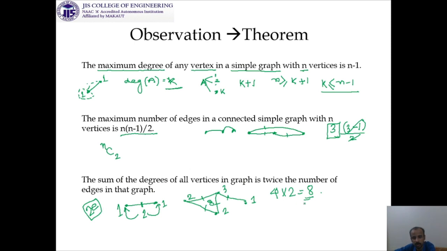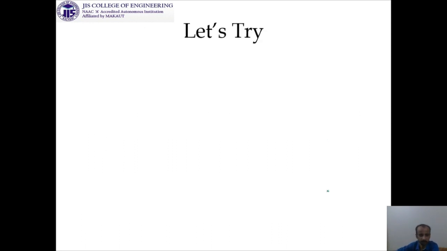Here I want to emphasize the part on self loop, because if you are talking about a self loop, look at this, it is also having 2 as its contribution. It is contributing 1 here, and again it is contributing 1 here. So ultimately the contribution of this edge is 2 and it is contributing in a single vertex. So again, if there is any self loop, then also this theorem, or rather you can say this statement, will be valid.